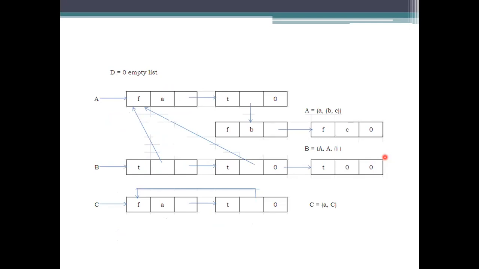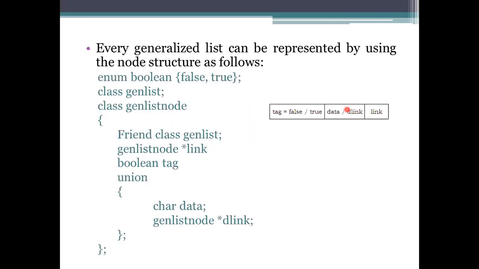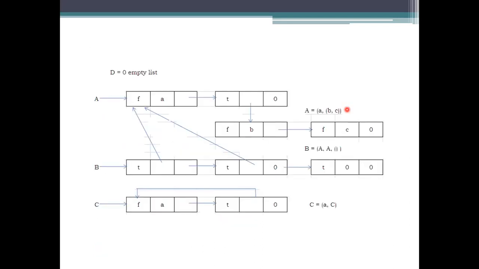Okay. And coming to the next one, you are using A. If you see here, we mentioned the A list here. A, and we need to see whether it is having the value or not. Okay. Whether it is represented as true or false, we need to see, and the next data, and then the next link, in the 3 node representation.